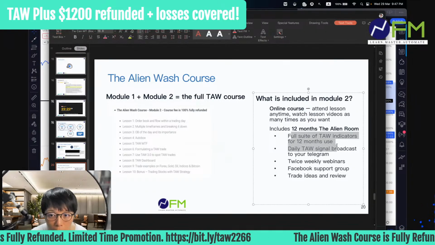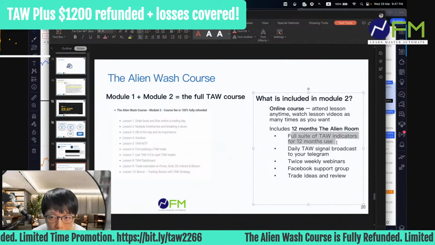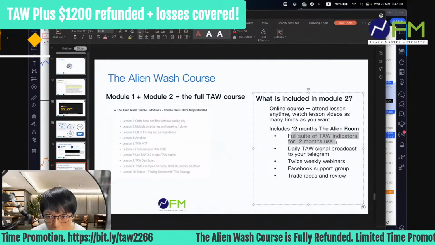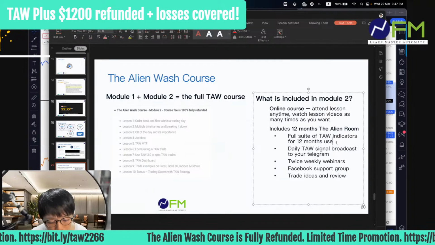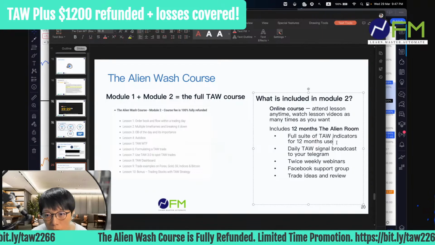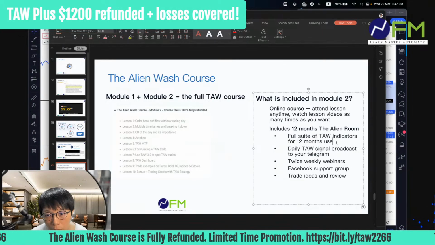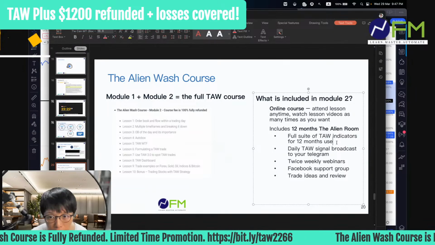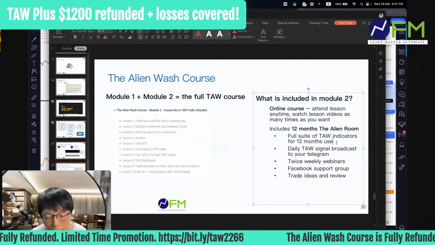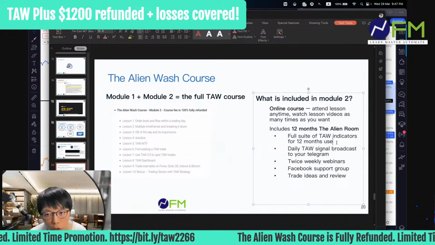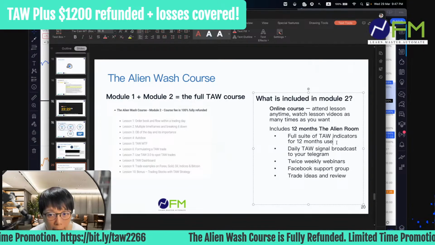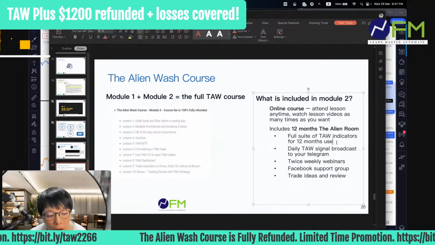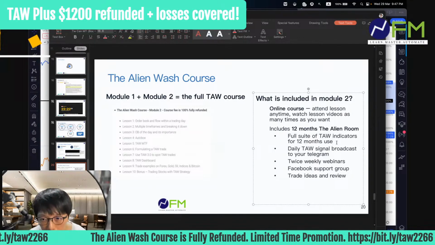So what's included in this module 2, the TOR, the $700 cost? I think the most important is the use of our indicators and our automations, because if you know us, every single line, everything is automatically plotted, and that's my style. Because I don't like ambiguity. I want it to be consistent. Everything has to be there, nicely drawn. So the alert comes in, you receive the alert, you trade that.